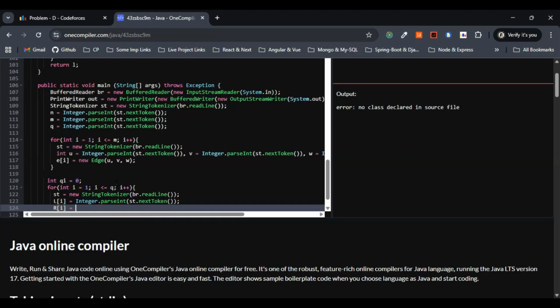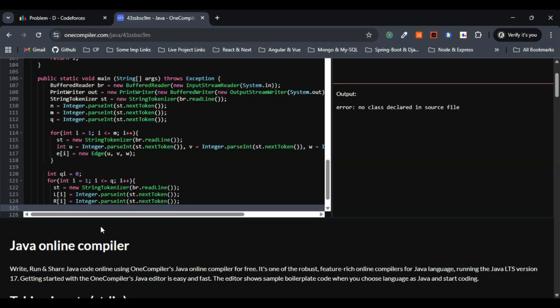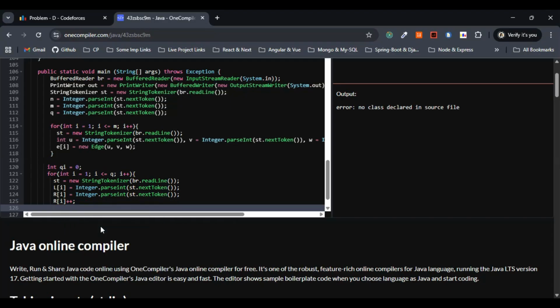So this one will be again the same thing. Let me copy and paste the same thing here. Copy this one and paste it over here. Right, so this is fine. Let me go with R of I. Yeah. Now let me go with Q